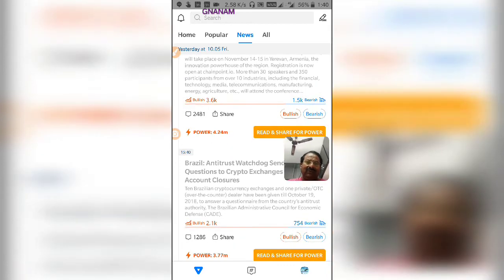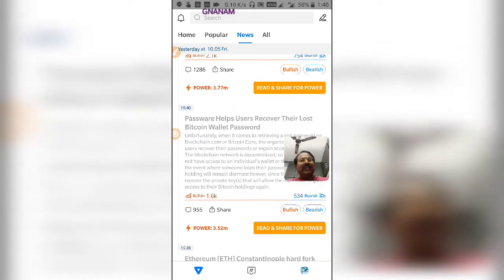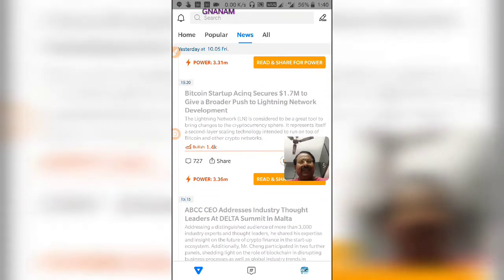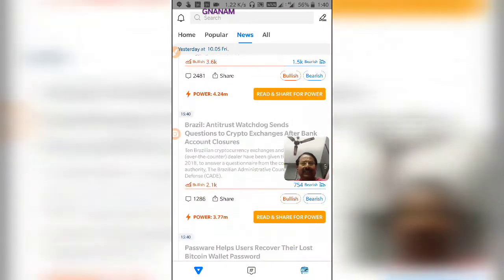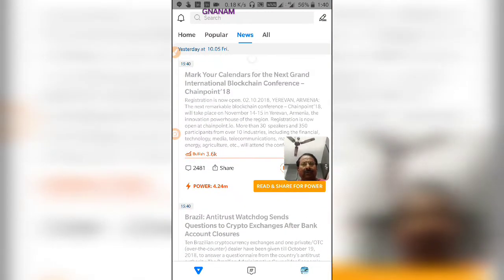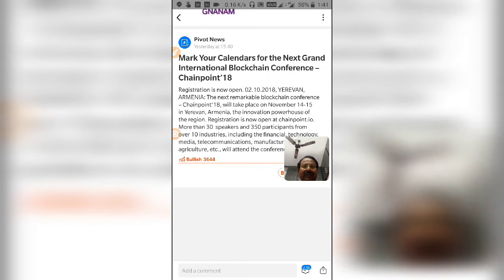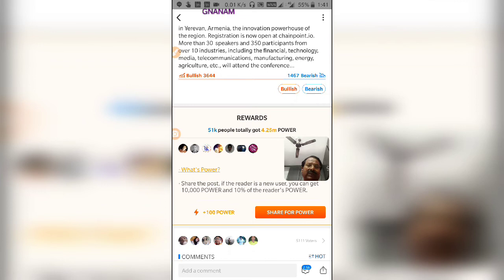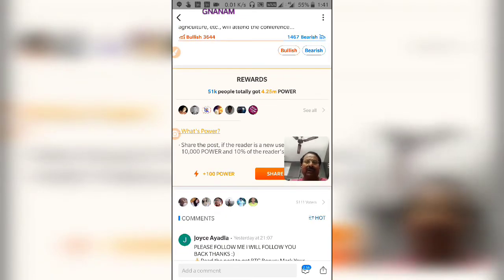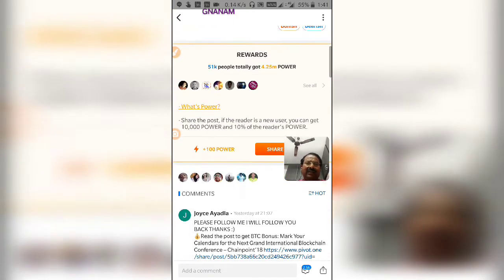See, here we are having this type of read post. News read posts you will get every day 20. See, today I have completed my quota of 20. Each one you have to click on, for example, read and share for power. If you click that one, that post will get opened and on the left side you will see plus 100 power.